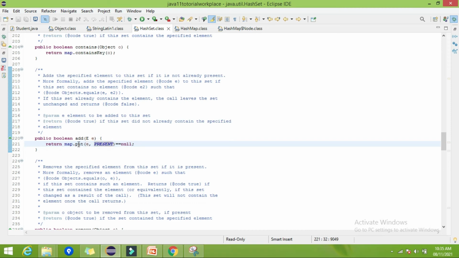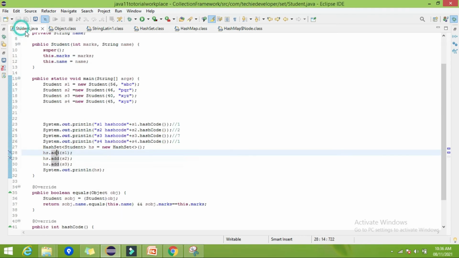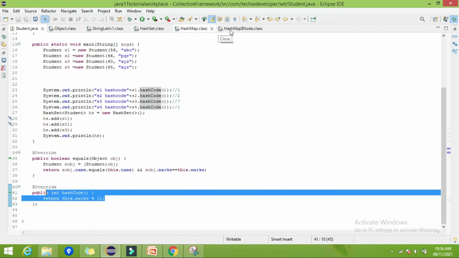Once you go into the put method, you can find it is calculating the hash from our key. Key is nothing but our student object, so it will call our hash of the key. We have overridden the hashCode method, right, so by default it will call this method and calculate the hash.